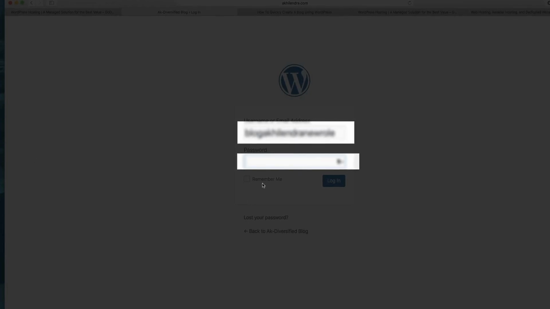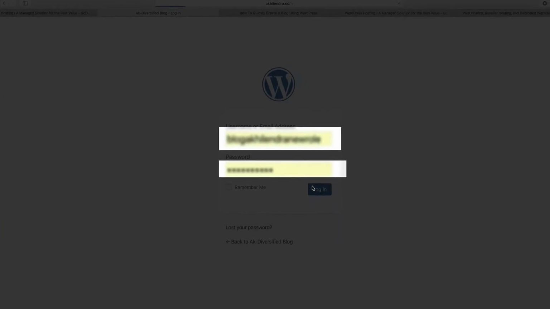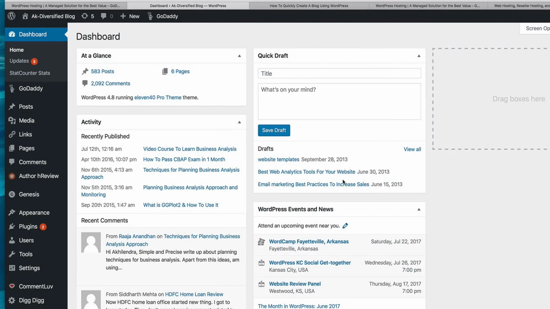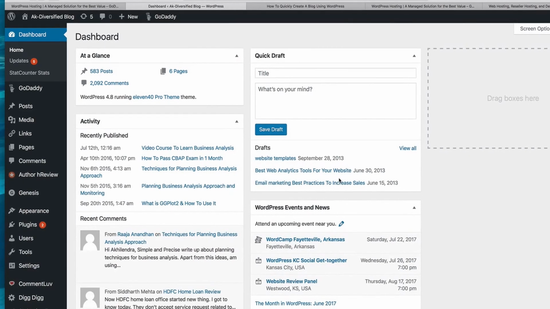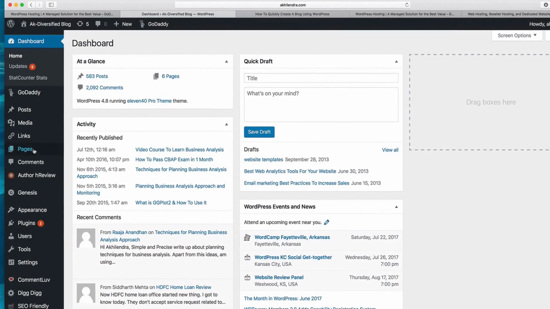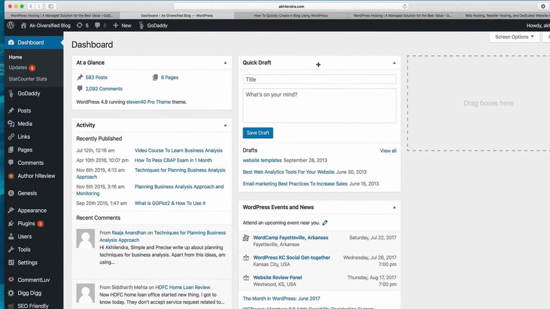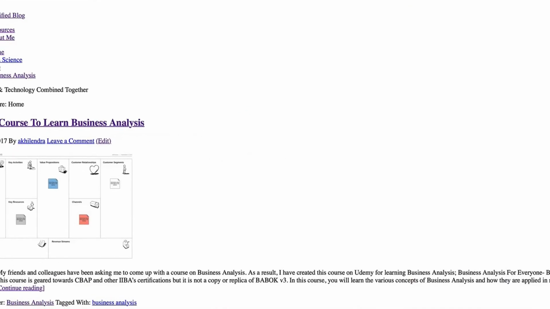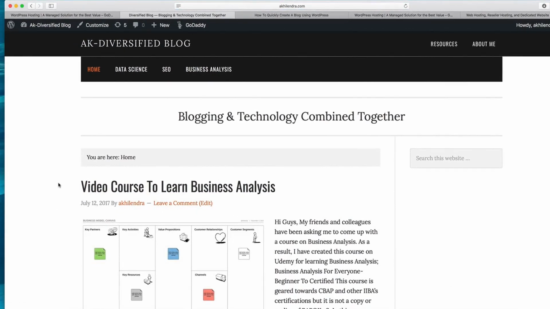So basically in your admin dashboard you can perform actions like maintenance, adding posts, or whatever you have to do with your WordPress. Once you log in and enter your credentials here, it will take you to this page, and in this page you can see this is the WordPress from inside. This is the admin console area.